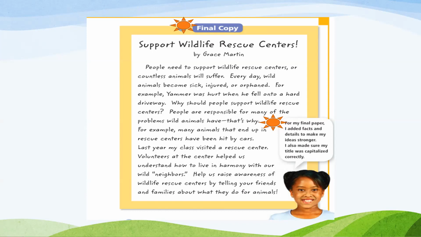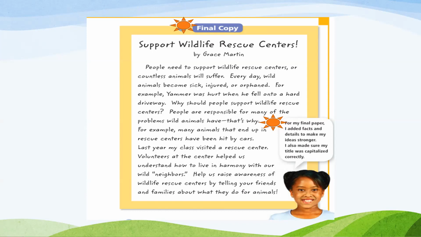For example, many animals that end up in a rescue center have been hit by cars. Last year, my class visited a rescue center. Volunteers at the center helped us understand how to live in harmony with our wild neighbors. Help us raise awareness of wildlife rescue centers by telling your friends and families about what they do for